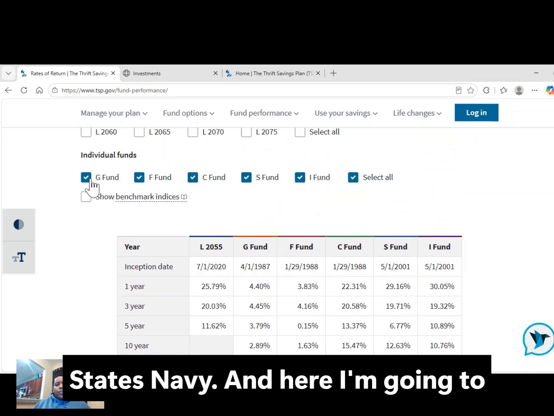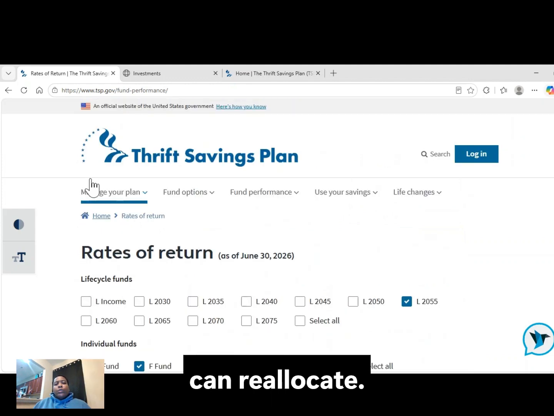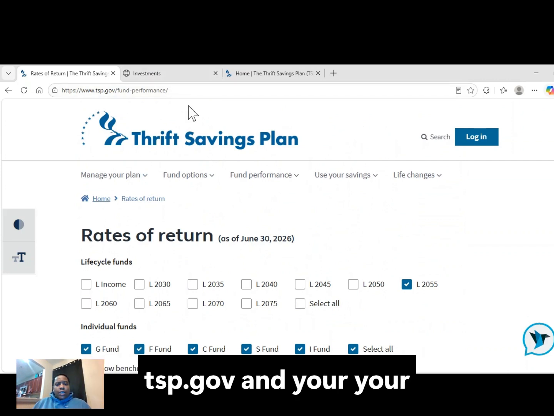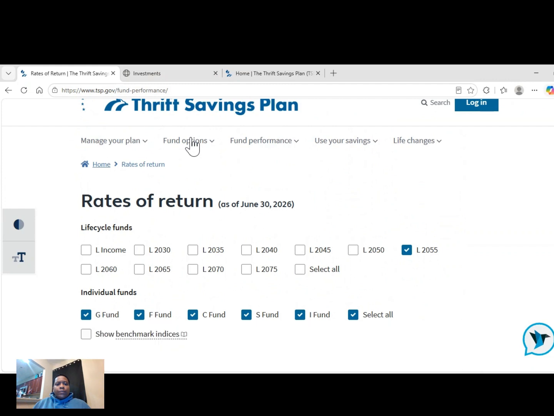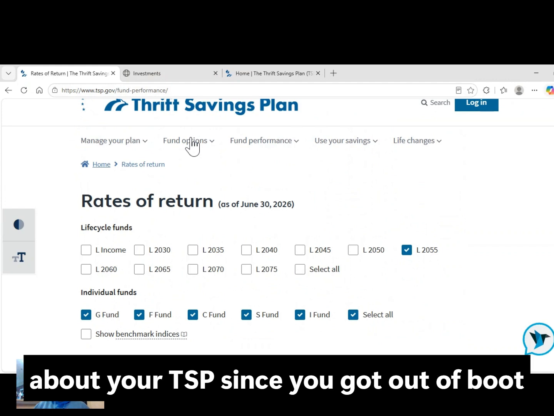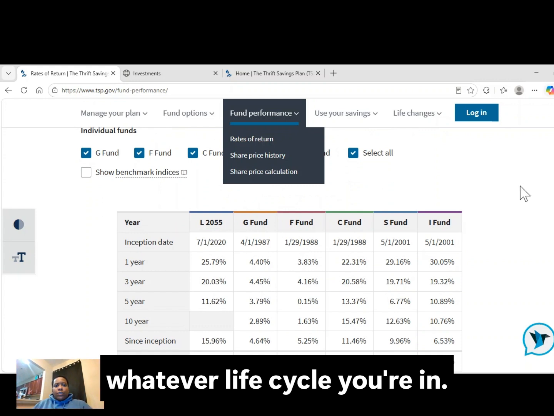And here I'm going to talk about the TSP and how you can reallocate. First thing you want to do is type in tsp.gov in your search engine, fund performance. You're going to go to rates of return. Let's say, for instance, you've never looked at your TSP, you've never changed anything about your TSP since you got out of boot camp. You're going to see how whatever life cycle you're in